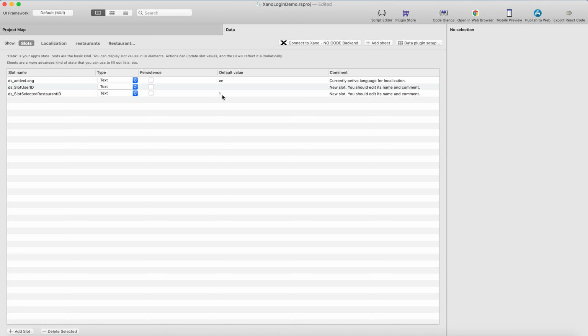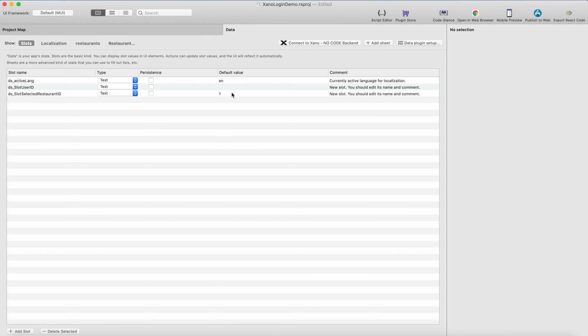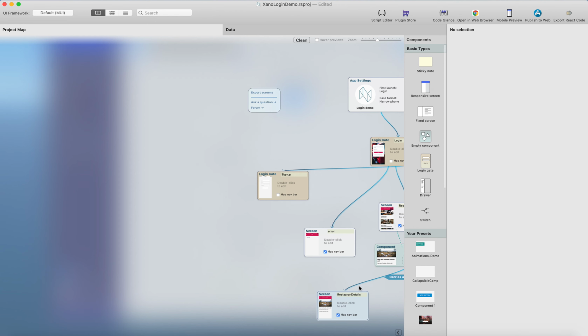And by default, I will set it to 1 so that we can load the data in the datasheet, and I can add a data slot here and just select this one, and now it will inject the data slot value into the API endpoint, and then just click OK. And now we loaded the details view for the details row for the restaurant called ID1, and I will just clear this value from here, and then we can start building the details view number 2, and this will be the restaurant